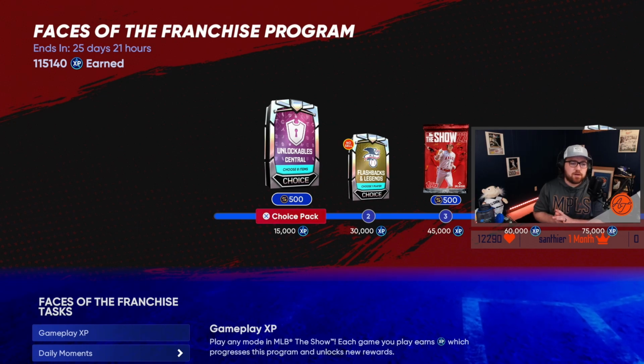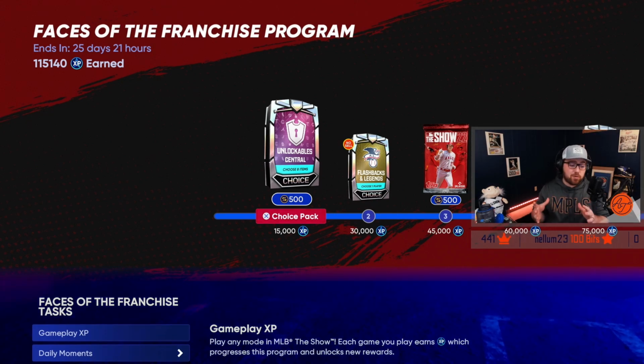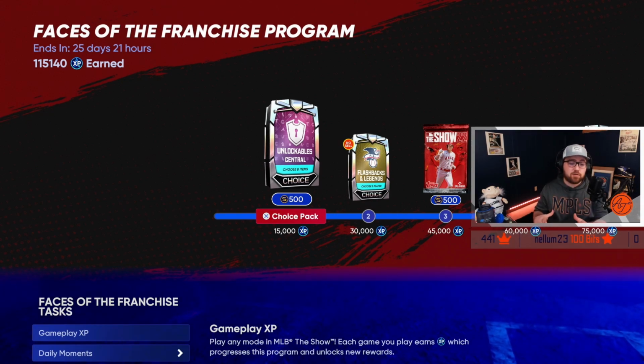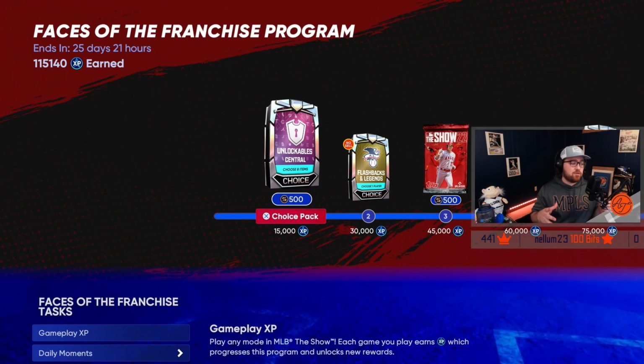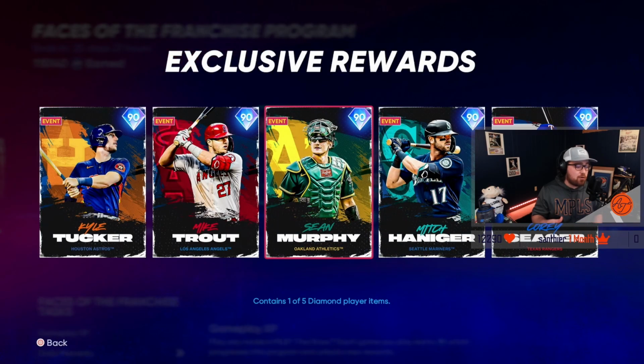So over the weekend when I was streaming, one of the major questions that I was seeing was around Face of the Franchise and what cards you go with, what cards are a W, what cards are an L. So I want to go through every single division and all the cards that are in Face of the Franchise and break down, in each division, who are the good guys, who are the bad guys, who are guys that are kind of slept on, and give you a pretty good analysis,